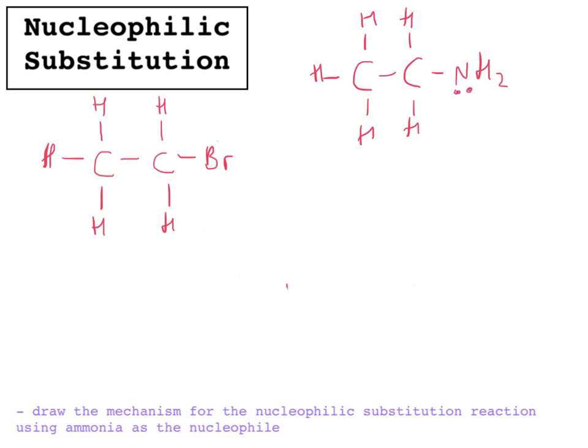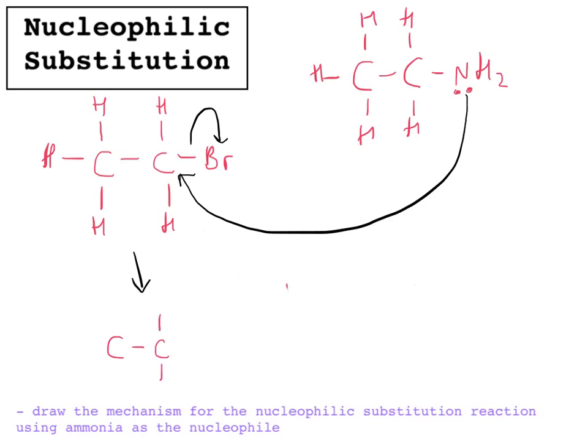And so what happens is the nitrogen lone pair, if left, will then just react again with this carbon here. The bromine will leave, and so what you'll make is a CC attached to an N, attached to another one of these on the other side,